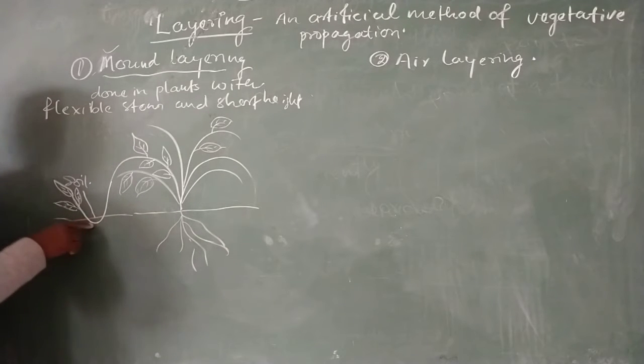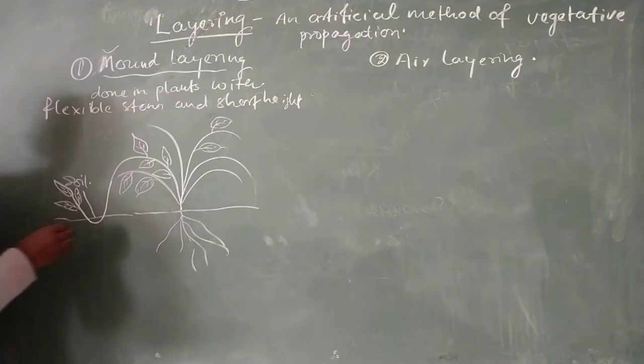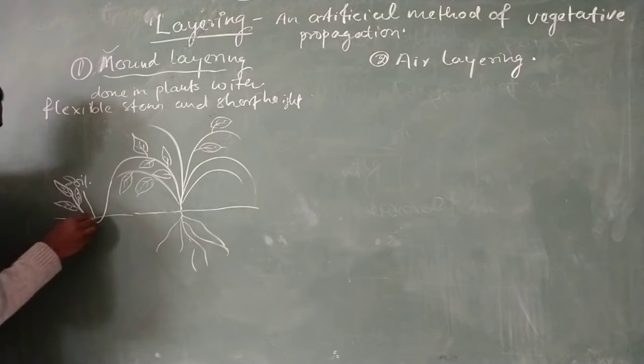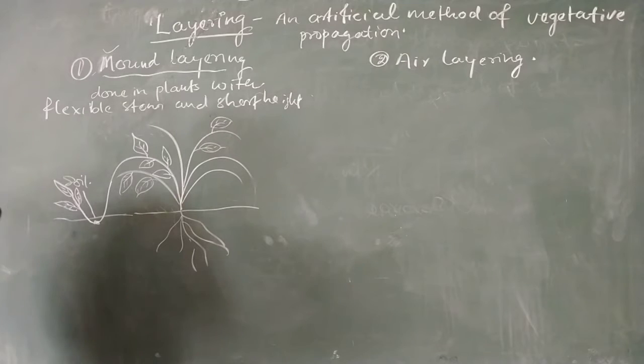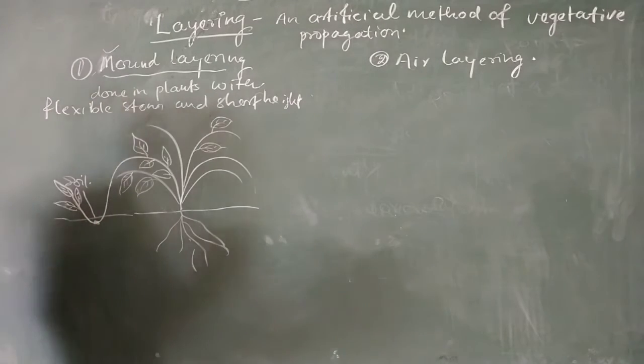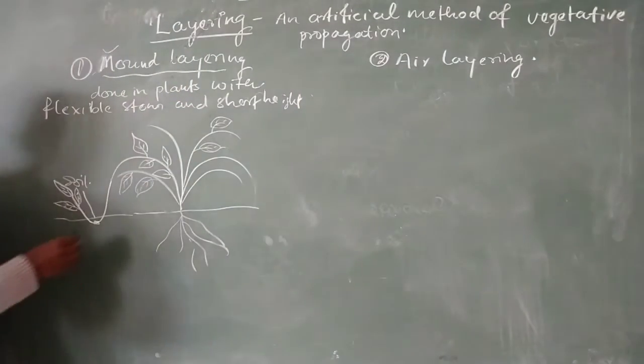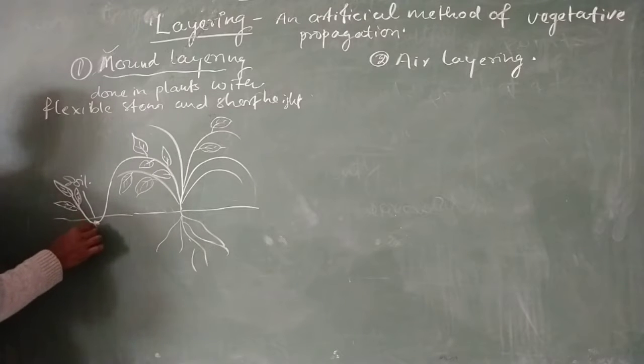So here we can do the layering by bending and depressing inside the soil, and we can also make a scratch at this place. After making a scratch on this place, this portion needs to be depressed down into the soil and covered with soil. Then after some days or after a week or 2 weeks, we observe the rooting in this